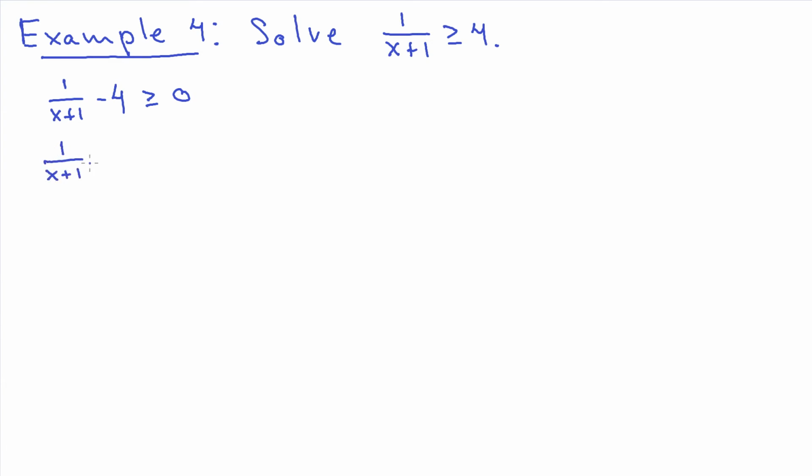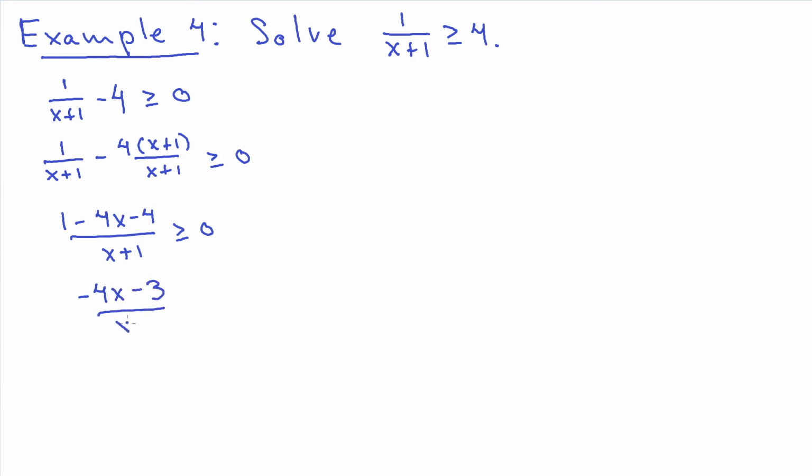And in order to do that, I need to put everything over a common denominator. And then when I simplify that, on the top I have 1 minus 4x minus 4 over x plus 1. And so I end up with minus 4x minus 3 over x plus 1 is greater than or equal to